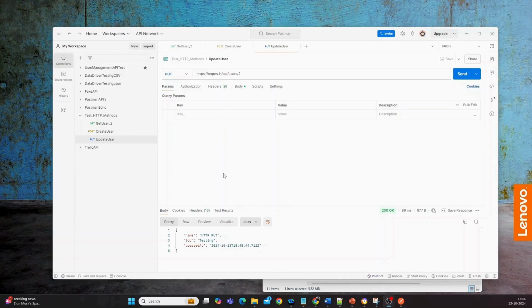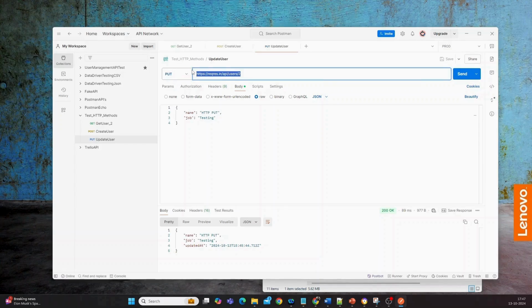Let us try patch, which is going to update the record partially. In the put example, in the body we were passing both the name and job, but in case you want to change this particular user record, only the job, if you want to change his job description from testing to development, then you can use the patch method instead of the put method. We'll take the same example. We will come here,